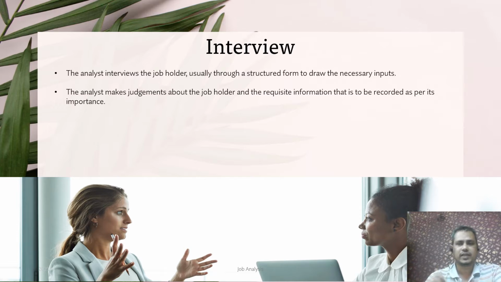The analyst will not be writing down what is being told by the interviewee, because there's a structured format. You have a way of recording the information based on the interview, what is being spoken by the interviewee. So the interviewer or the analyst has to make judgments about what is being told and how the information is to be recorded in the form, right? So some kind of judgment has to be taken by the job analyst, and